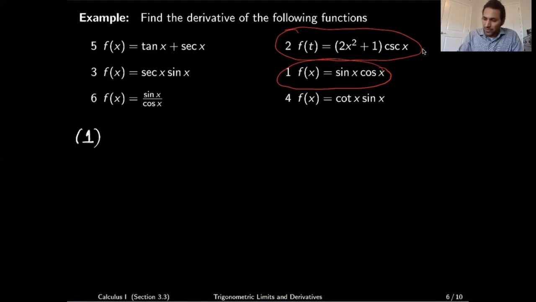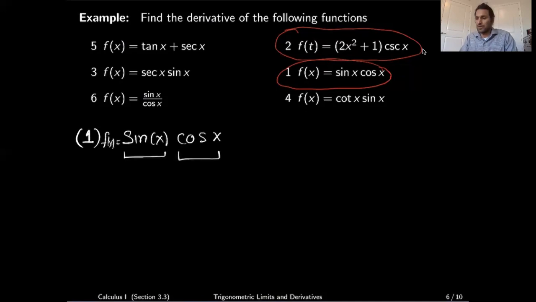So in the problem number 1, the function is sine x cosine x. So as you can see, this is a product of 2 functions. F of x is the product of sine x and cosine x. So we will use the product rule. What is a product rule? The product rule is